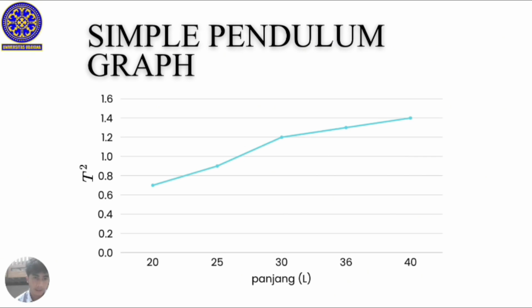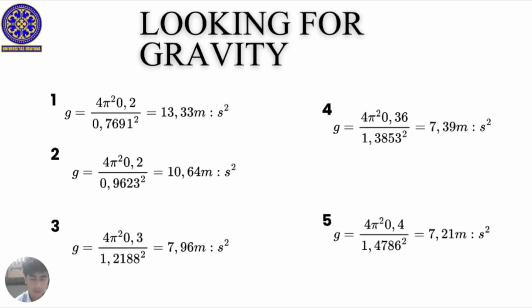and then this is the graph of the simple pendulum. From the graph we can see that the longer the rope, the longer the time needed to complete the movement. Next, this is the calculation of gravity,